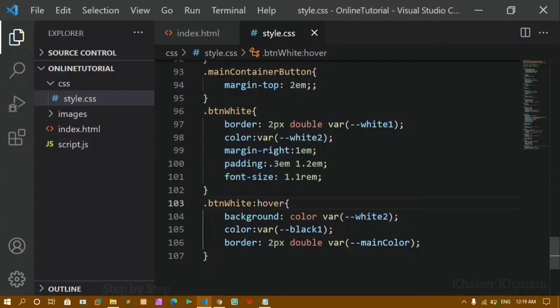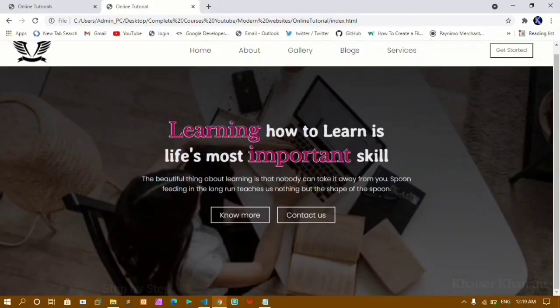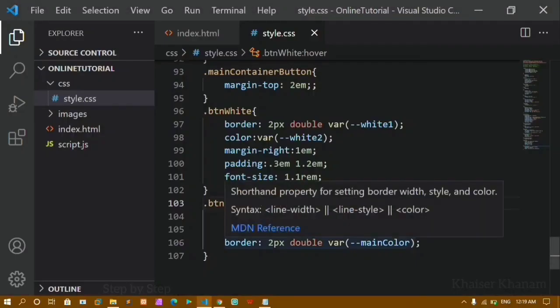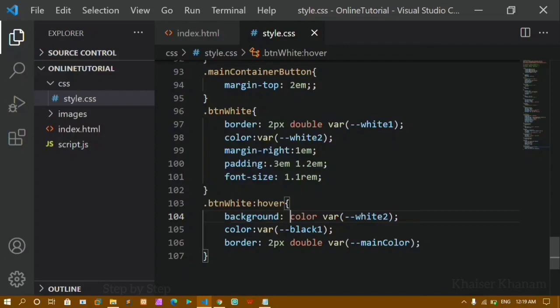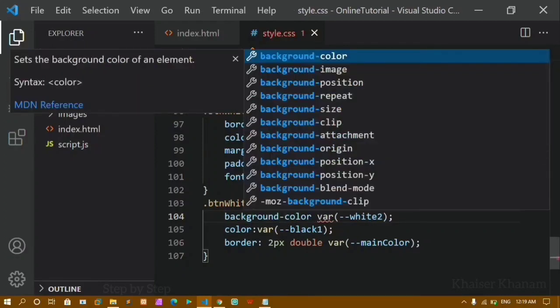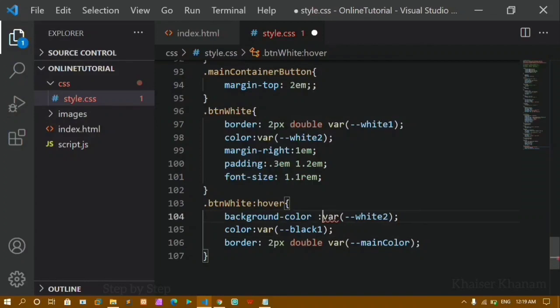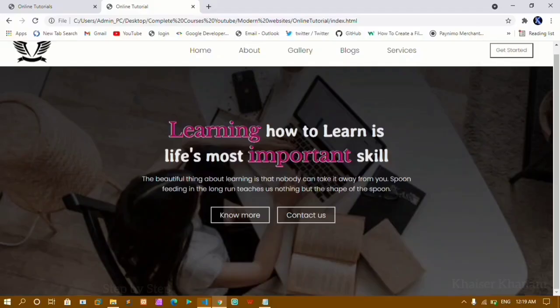Now if I hover, you can see I don't have anything. I'll just refresh this one. Now whenever I hover, okay, my background color is not getting applied. I'll just see here, I'll just change that one. I'll just give here background color. I'll save this. Now if I just refresh this one, whenever I hover, you can see my background color is getting changed,